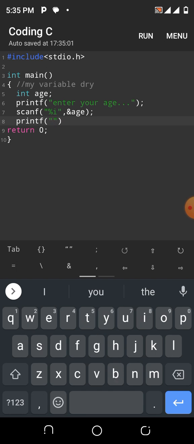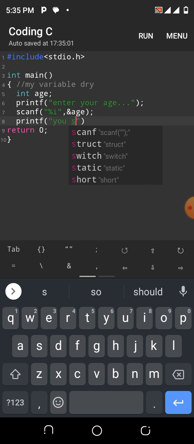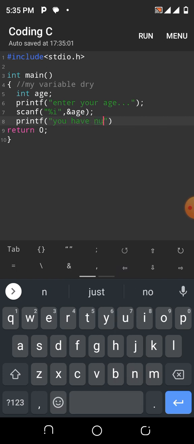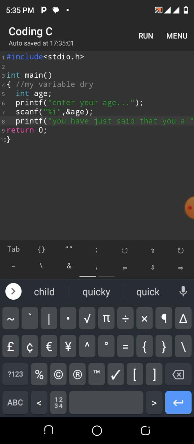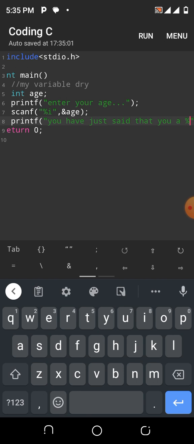So it is going to be like: you have just said that you are, the value of the variable,